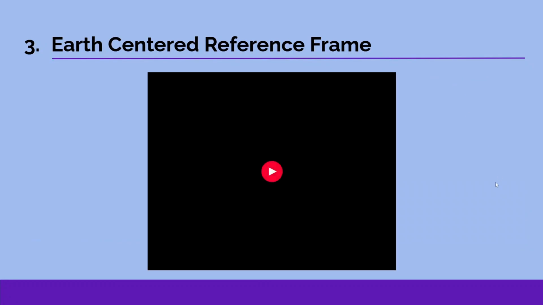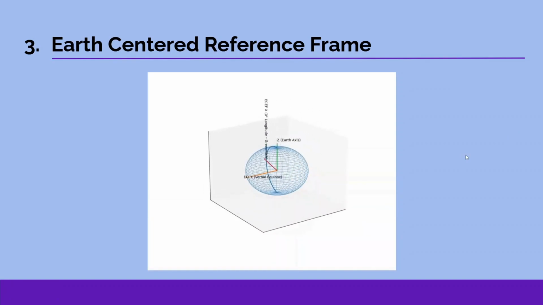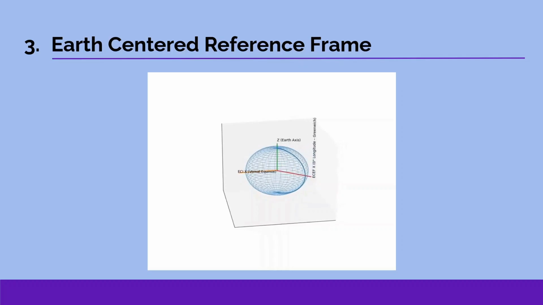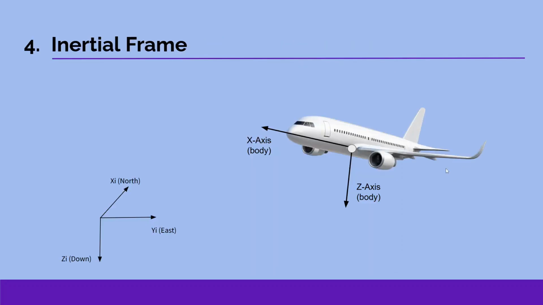So we have a little animation here to demonstrate the difference between the two, and you can see that the ECEF frame is rotating with a planet, while the ECI is tied to a fixed direction, which would be the vernal equinox. So the next frame is going to be the inertial frame, and it is probably going to be